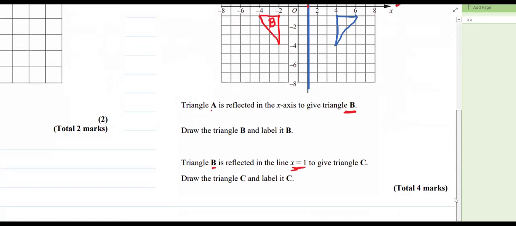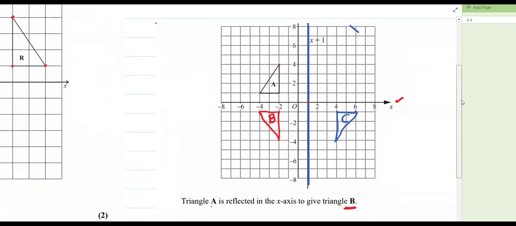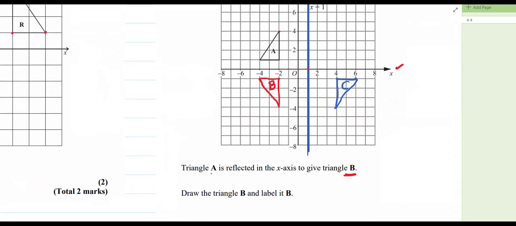And the question is saying label the new triangle as C. So label it as C. We did the reflection. So the point is, if you are asked to do a reflection, you will be given the line of reflection. What you have to do, you just have to do the reflection. For example, in this one,